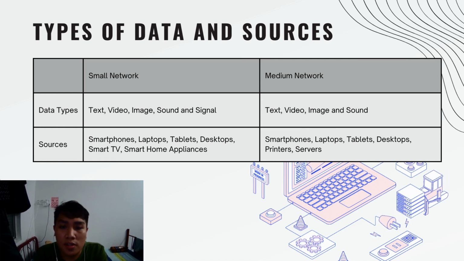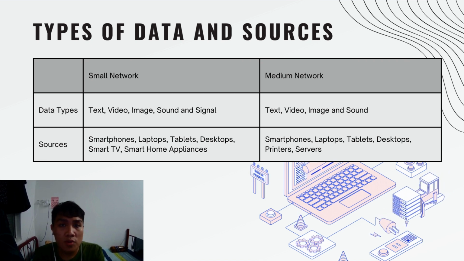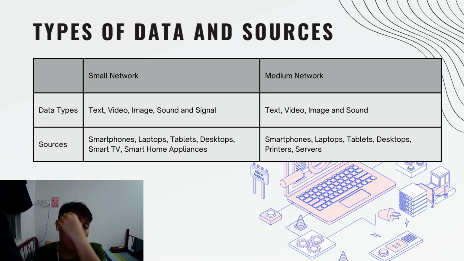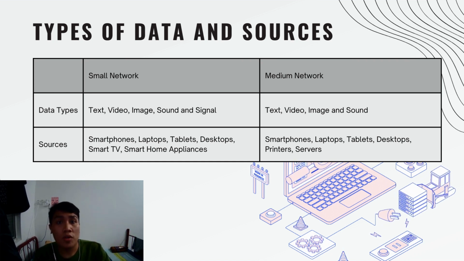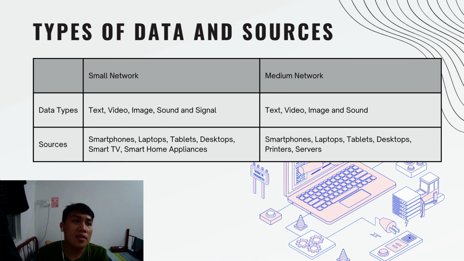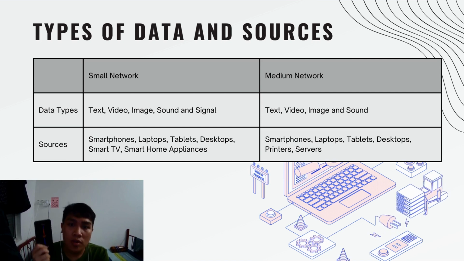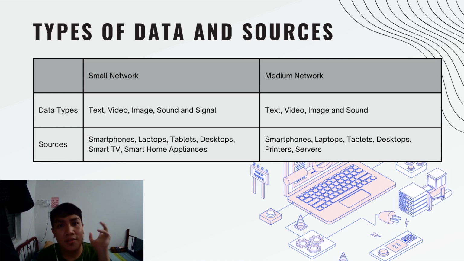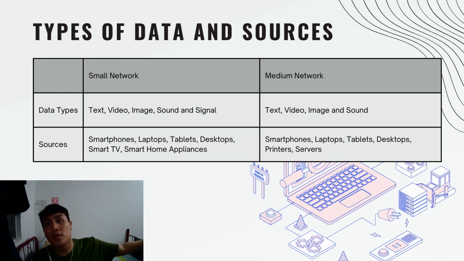But the signal is for the smart home appliances. In order for smart home appliances, for example a smart light bulb or smart door lock, to work seamlessly with one another, they have to send a signal, mainly to our phone. For example, if you want to turn off the light or the bulb, we can just use our phone. Then it sends a signal and turns it off.